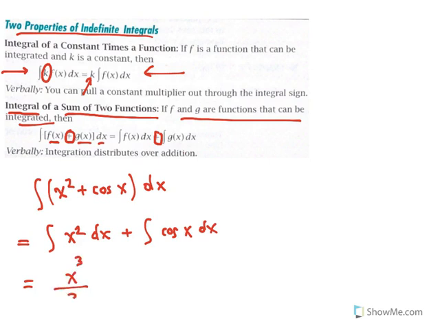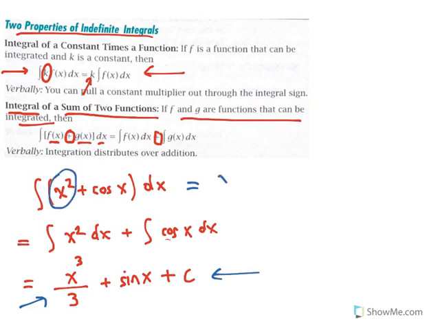Add 1 to the exponent and divide by the new exponent. And the antiderivative of cosine is sine. And don't forget to add the constant of integration. You could also apply this property mentally and just go straight from this line to the antiderivative that we had found earlier, recognizing that